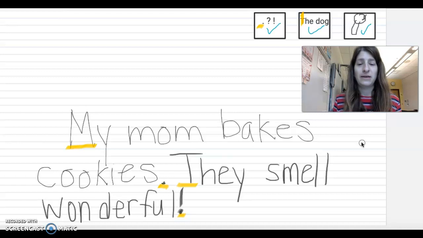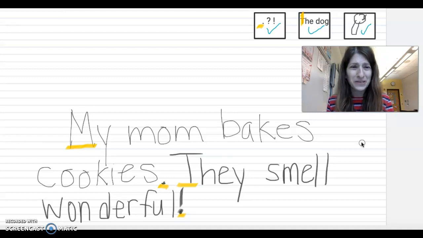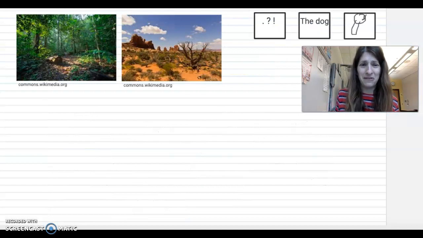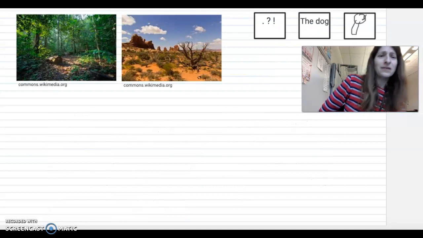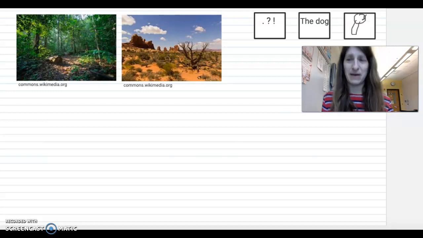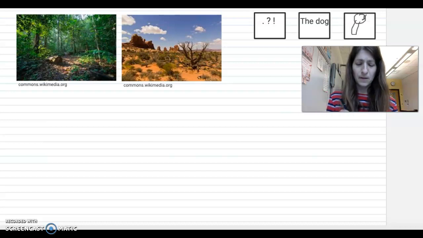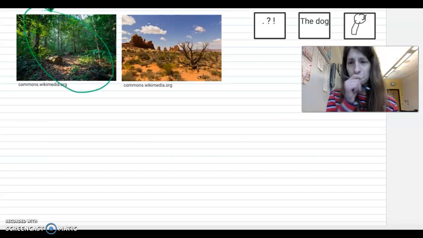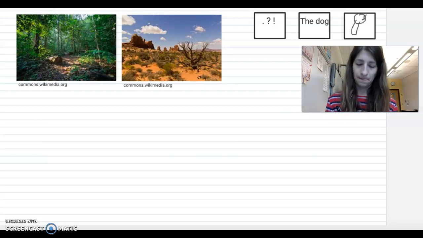So that was a story about me, but you're not always going to have a story about you. Stories about you are narratives, narrativos, but you're not always going to have a story about you. So let's try one that has to do with one of these pictures. Oh, I have a story here that I could write about the forest. So I might say something like,